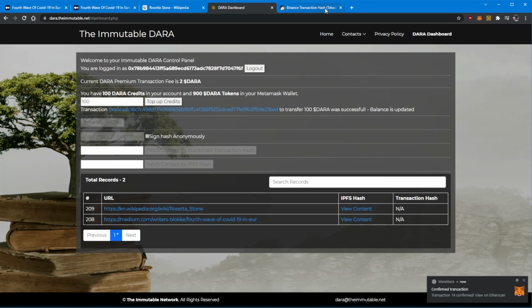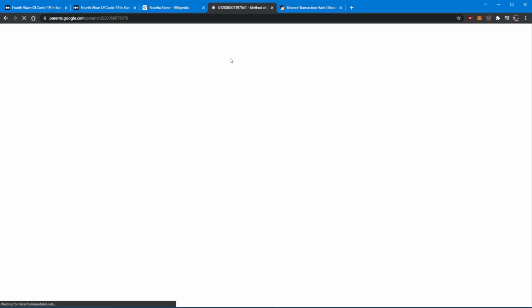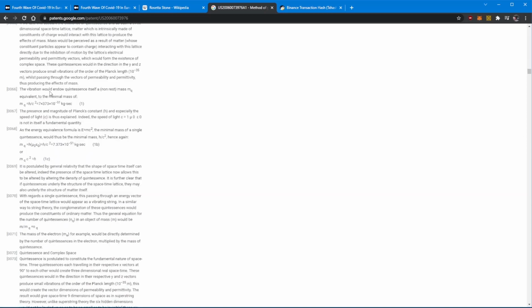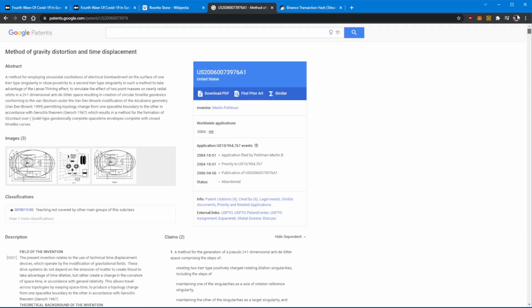So let's try an article of some sort. This actually caught my eye. It's a patent for what appears to be a time machine. Quite a long article. Right. Anyhow,